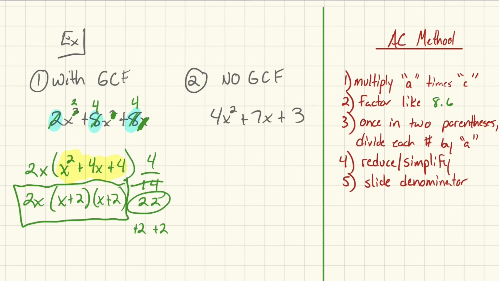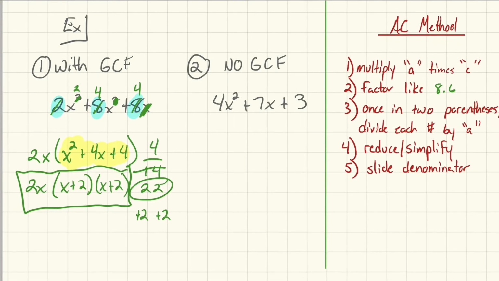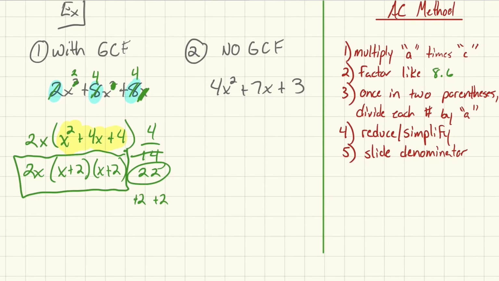All right, number 2 is a problem where we have no greatest common factor. So we know if we have no greatest common factor, we have to use AC method. Now, AC method starts with multiplying A times C. So we take this first number 4 and we multiply it times our 3. When I rewrite, I start with just x squared plus 7x, and then 4 times 3